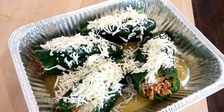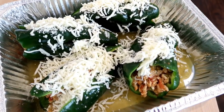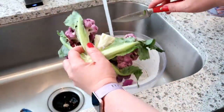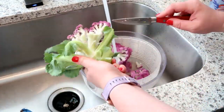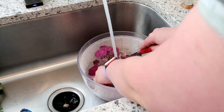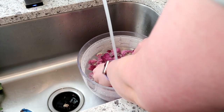So you can see here that I have this all prepped. I went ahead and put the cheese on the top. I covered this with foil and stuck it in the fridge, and we had it in a few days, and it was a delicious dinner. So just another tip there if you are looking for ways to prep on the weekends that make your life easier during the week. Okay, so the next thing that I'm going to show you guys is a vegetable Panang